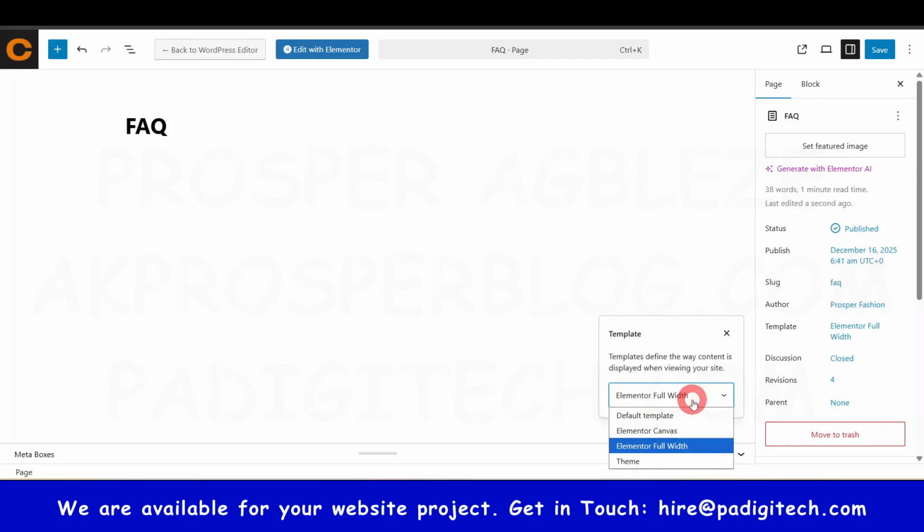So the reason why I'm not giving you one particular one to use is that this option is always different across different themes. Some will have page builder, Elementor full width, Elementor canvas, default template, and the likes. So you really need to understand that once you come across all of these options and you're not really sure, use this one,